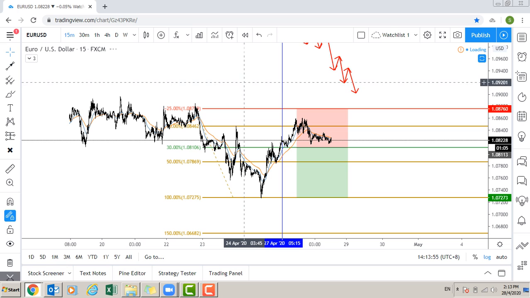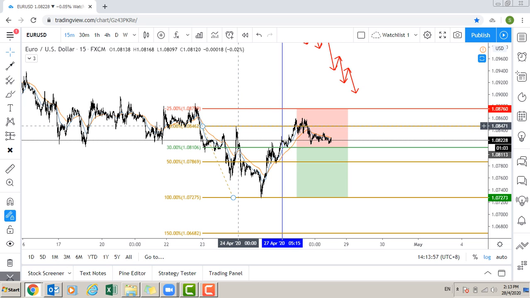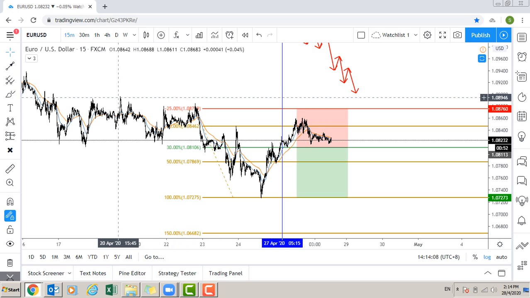Or I can say maybe this swing high is not the swing high that the market is focused on. Maybe this, or maybe even this. These are things that we can't control, and we can't know what happens or predict it accurately. That's why we need strategies, rules-based strategies, to actually